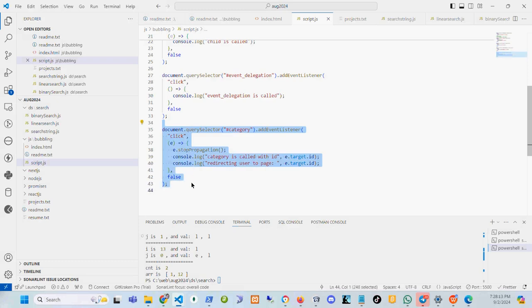Any question on this one? So can you please tell the use case for this again? Yeah, the use case is this: